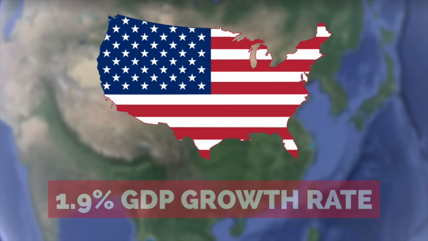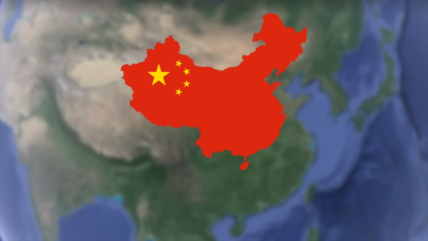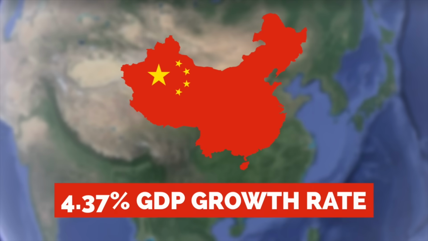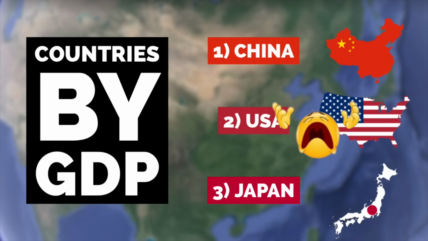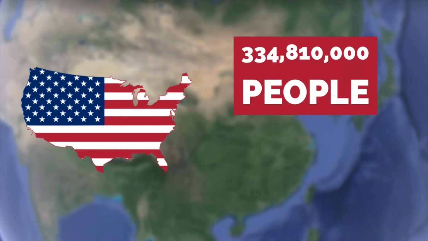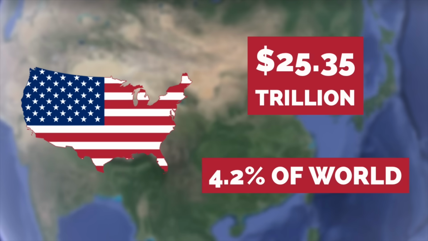The United States, with a 1.9% annual GDP growth rate, is growing at less than half the pace of China, whose GDP is growing at a staggering 4.37% each year. And because of this, China is expected to take the United States' 1st position in the coming years. Now, while the US population only accounts for around 4.2% of the global population, its GDP accounts for about 27%